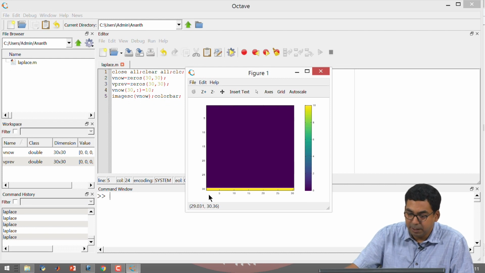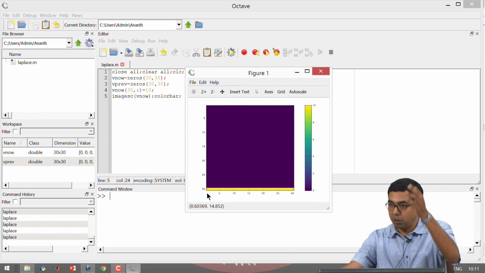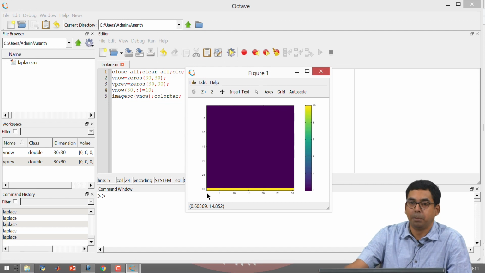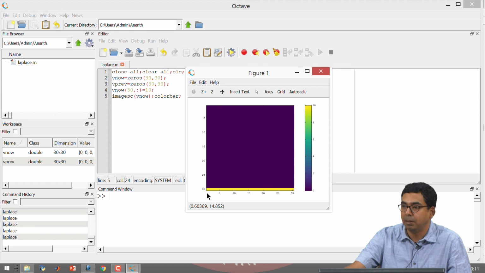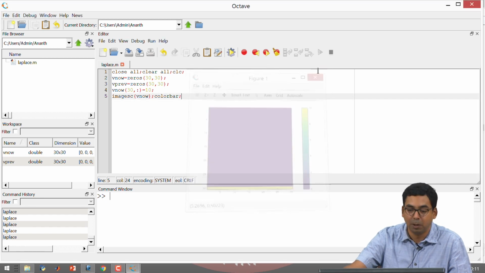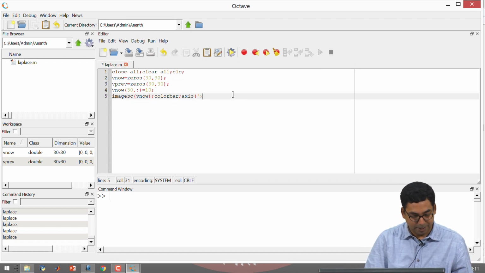The other thing that we notice over here is that the axis is very strange. The x axis goes from 0 to 30 and the y axis goes from 0 to 30, but from top to bottom. It is not the conventional way you draw the axis. So, the 30th row has come down. I have a problem in visualizing this because the way we have drawn the diagram in the class is different and the way we are used to drawing axis is different, simply because in image processing this is the conventional way of representing axis. So, we will go for some normal axis so that we can make a one-to-one correlation. I will just say in my command, axis xy.